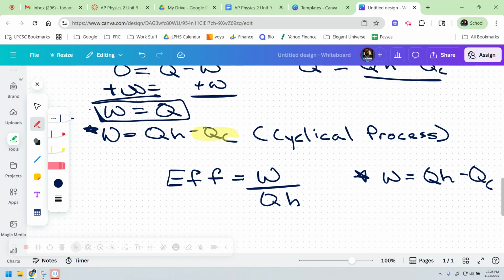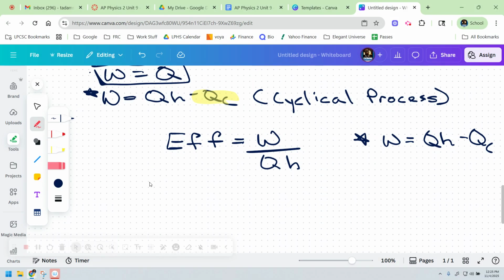So then our efficiency is technically, oops, oh, I hate when that does that. Let's see if I fixed it. Okay. QH minus QC all over QH,